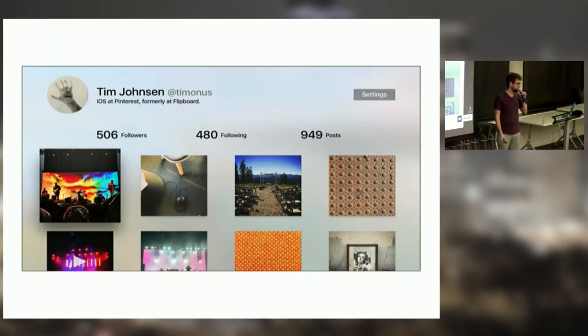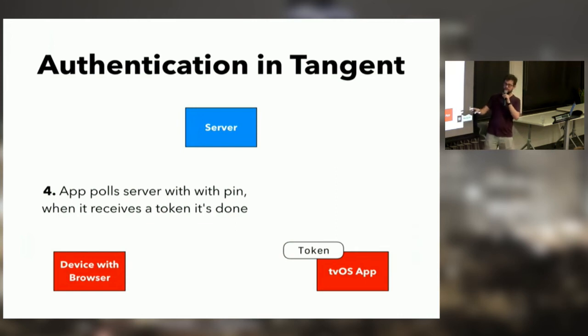So you're done. Yay. One other thing that's kind of interesting to note about this is Apple, at least when they were initially reviewing tvOS apps, they were super strict about a lot of things. I got multiple rejections when I was trying to submit Tangent before tvOS came out for a bunch of really pedantic things. And one of them was that initially the model was a little bit backward. The tvOS app didn't used to show a PIN code. I actually used to show a keyboard, and the PIN code would show up on the device with the browser, and you'd have to enter it on the TV. And that way, I didn't have to poll. It was just a one-time thing.